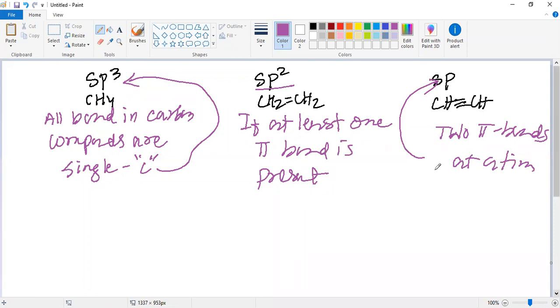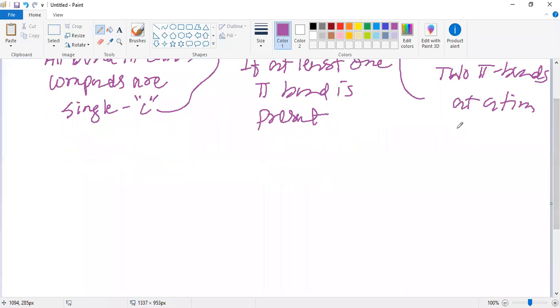Now I'll show you one very interesting case of this sp hybridization. You know, we have carbon dioxide. In this carbon dioxide, carbon undergoes sp hybridization, and at a time it makes two pi bonds. You can see here. So first of all, I think we should know what is the sigma bond and pi